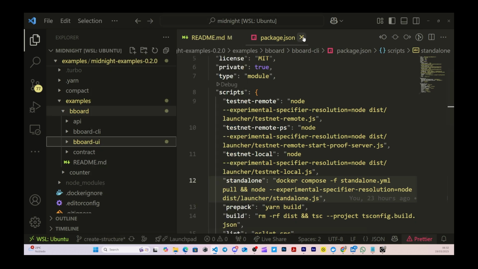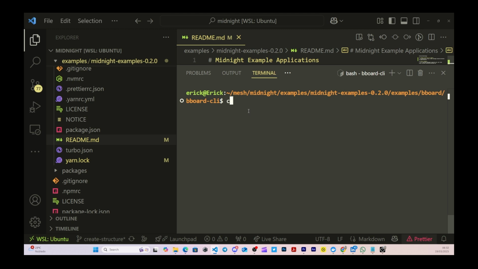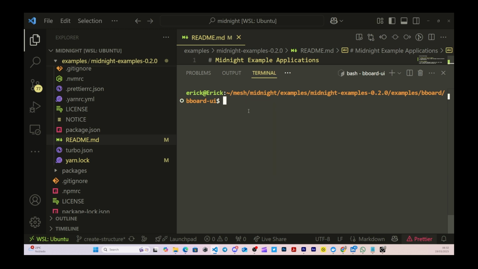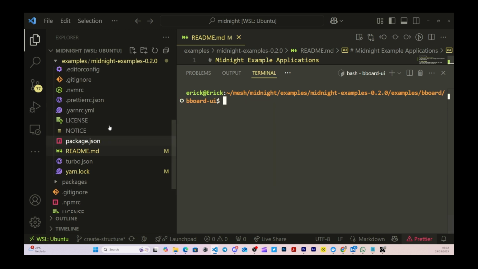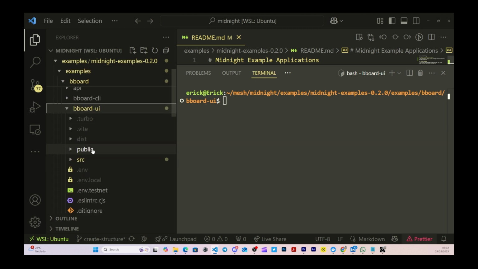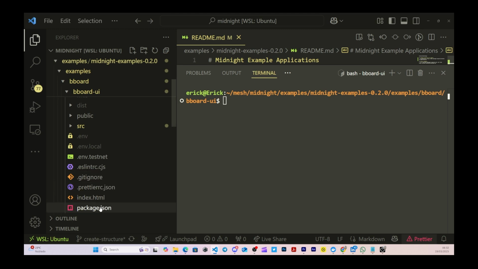You can do that by opening your VsCode and writing CD and copying the link of that folder. So now we are under the bulletin board UI. If we go to that folder and open the package JSON,